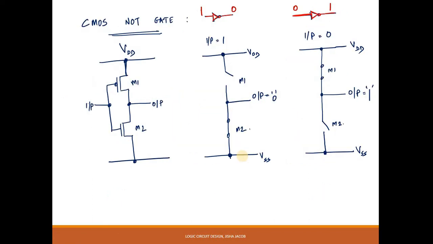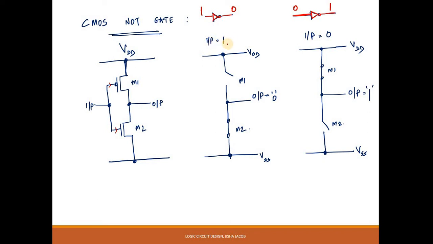Let us consider the first gate, that is the CMOS NOT gate. We know the symbol of the CMOS NOT gate. It looks like this. If the input is 1, the output will be negated or inverted. You get an output of 0. If the input is 0, it is negated or inverted and the output is 1. When the input is applied, this is the circuit. The input is applied common to one PMOS transistor as well as one NMOS transistor. M1 is the PMOS and M2 is the NMOS transistor. Let us take the two cases separately.